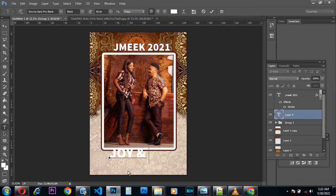As you can see, I used white color here, so it's still showing me white color under here, and the white color is not showing well because we are working on a white background. So here we have to change this color now to brown. You understand? Because here is a brown background, we used white color. So because here is now a white background, we have to use brown color. You understand? So Joy and